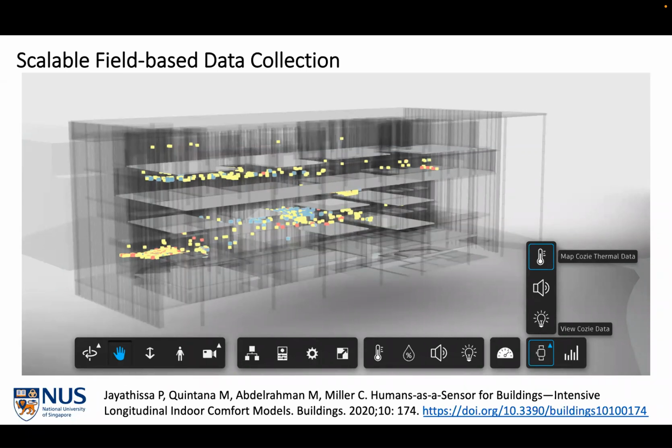Here you see these little dots in this frame of a building called the SDE4, Net Zero Energy Building here at NUS. And each of these dots is a person filling out a microsurvey and collecting data from that person at that exact point in time. So our test participants usually are filling out the microsurvey about 100 times over the course of 2 to 3 weeks. So we're getting lots of rich data from each person, but also multiple data points from multiple people in each of the zones, ideally.